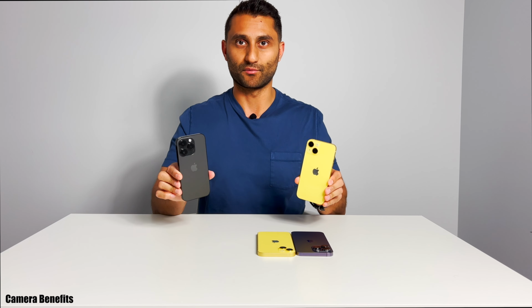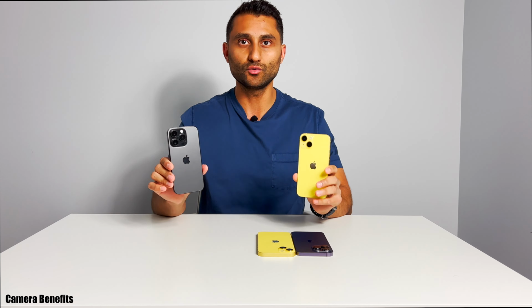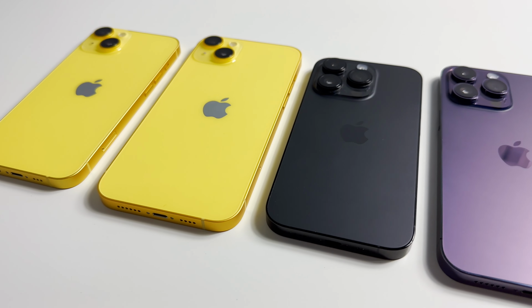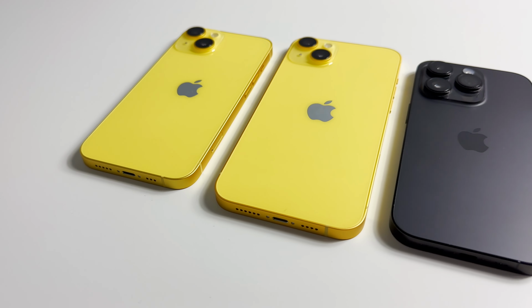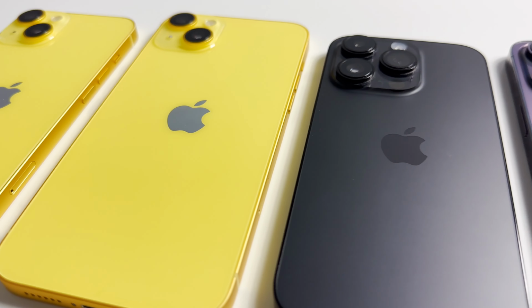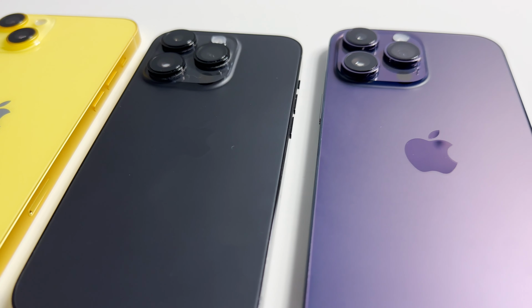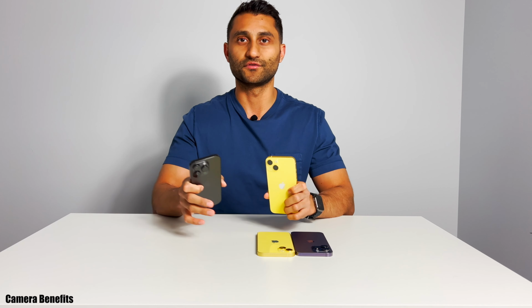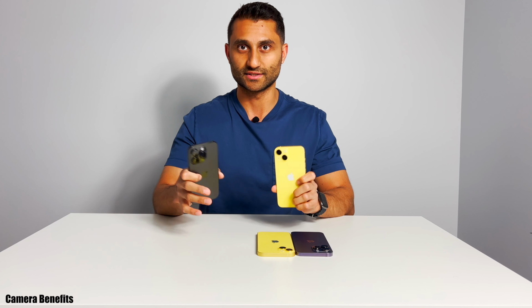When it comes to the camera, while comparing these two phones, there are two main differences. One, the first one you can already see, is that the Pro models have an additional camera lens. This is their telephoto camera lens that allows for 3x optical zoom and upwards to 15x digital zoom. What that means is that the Pro model phones can take clearer pictures and videos closer up to a specific item when we zoom in, or let's say further out the distance and trying to zoom in towards that item,